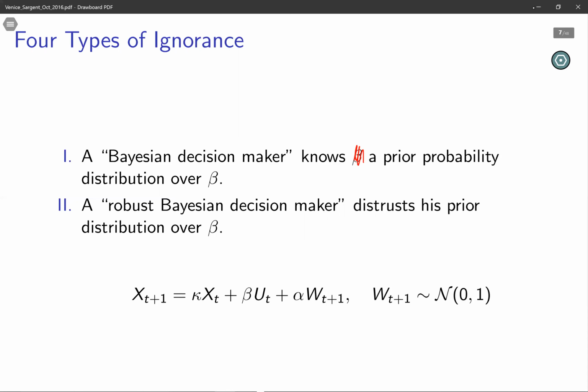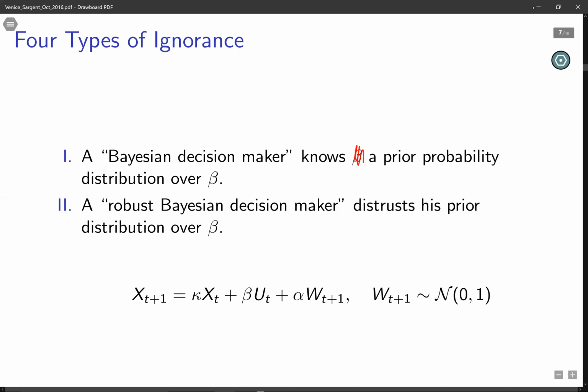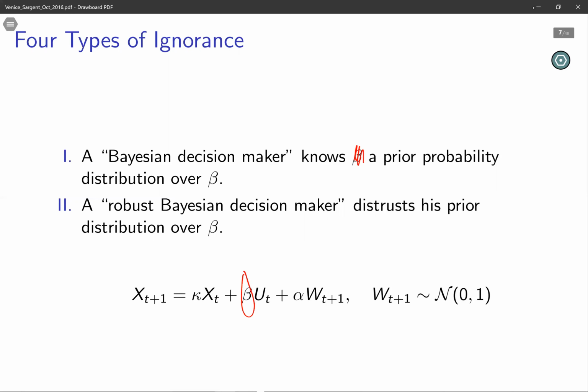Our second kind is what we're going to call a robust Bayesian decision maker. This is someone who has a prior, perhaps, but he doesn't trust it. And he wants to study the effects of alternative priors on his decision. And he's concerned